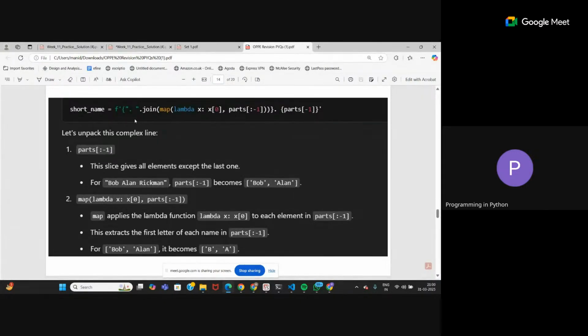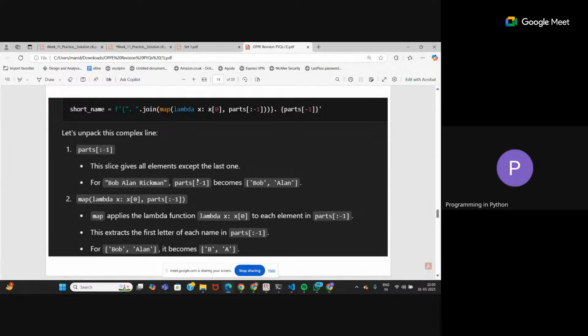The problem statement says the output should be in a particular format: the initials separated by dot and space, same for the last name. So that's why we are joining with dot space, and then at the end, the last name will come. That's why the join function is there. Every initial has to be separated by a dot space.